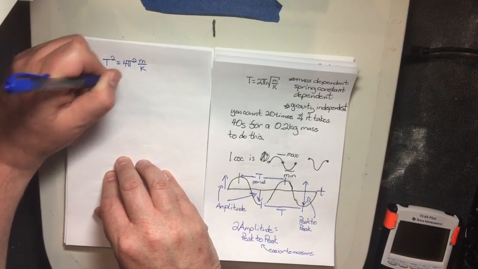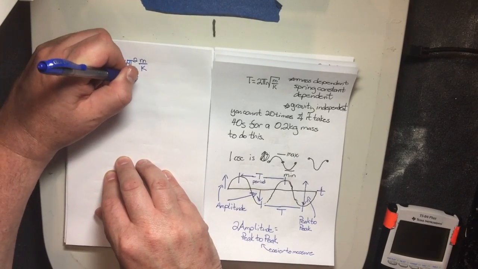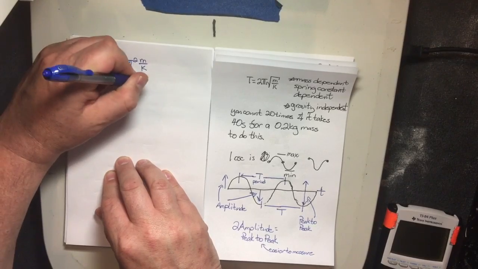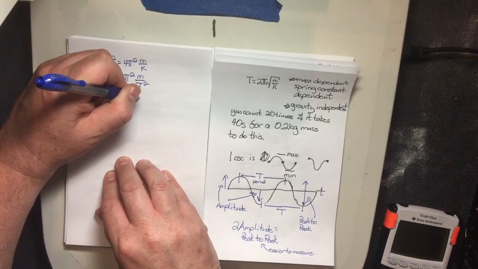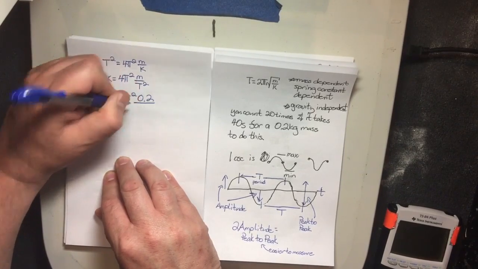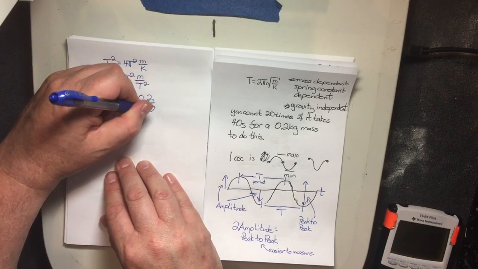So k is 4 pi squared m over period squared. So this is 4 pi squared 0.2 over T squared. And that T,